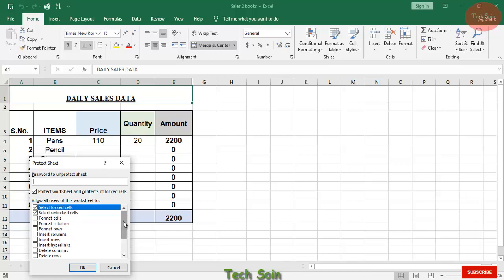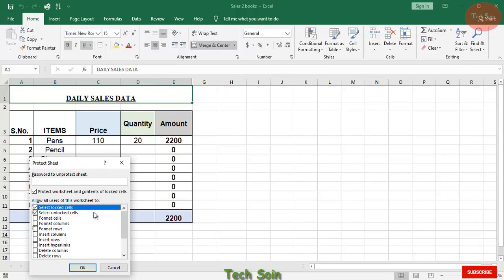All you have to do is select all those functions which you want to allow. All others that are unchecked will be restricted for the users. So by activating the first two functions, I am allowing users to select the cells only and all other things are not allowed. I will explain about locked and unlocked cells once I finish with the protect sheet option, and moreover we'll see how we can lock cells as well.